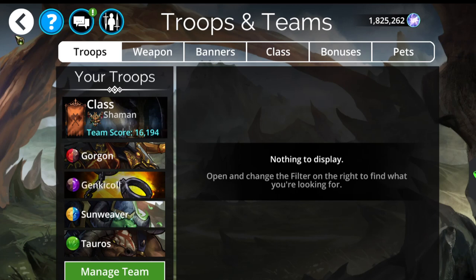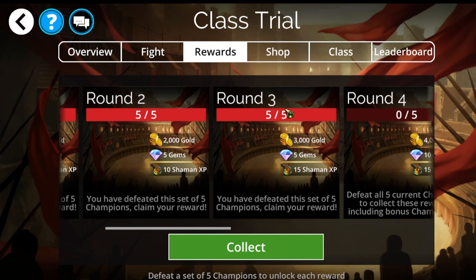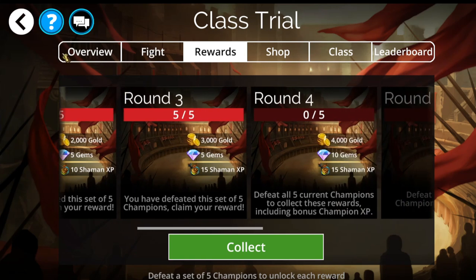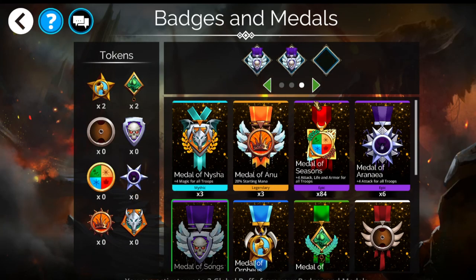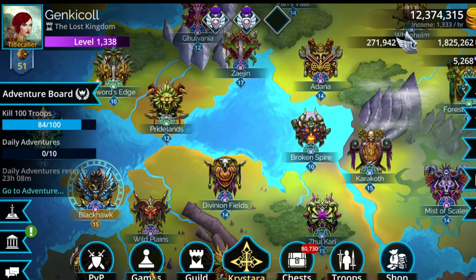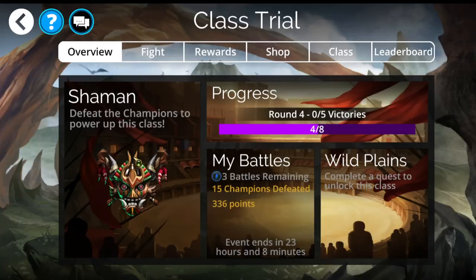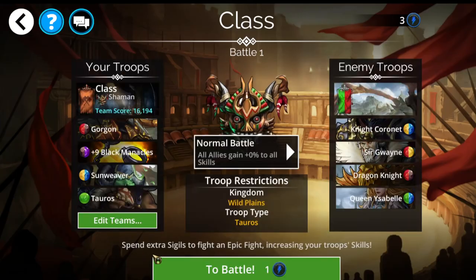So let's go back. Where was I going to go? I was going to show you that I have completed the first 3 tiers, so that I can show you what these do at higher levels. I'm going to actually remove my medals entirely. These are the medals for the event, and they will do absolutely nothing in the class trial. So I'm going without medals, handicapping myself a little bit for the people that are lower level. And then